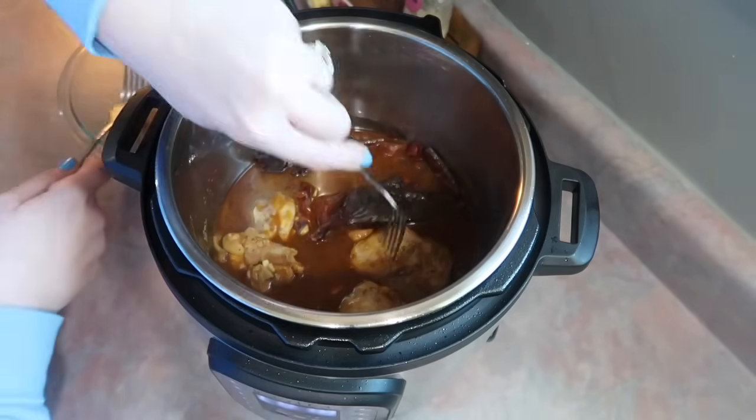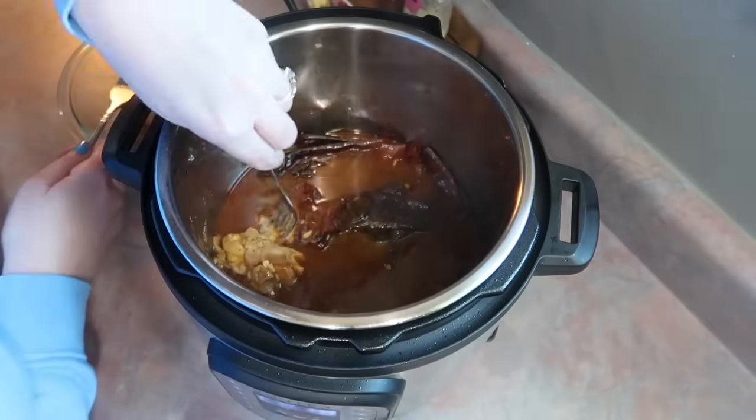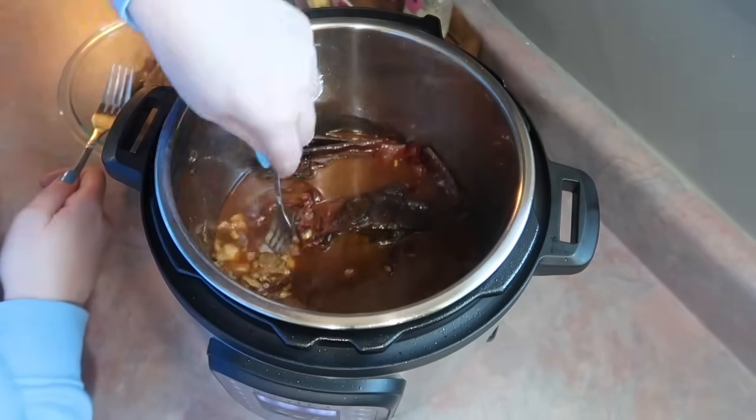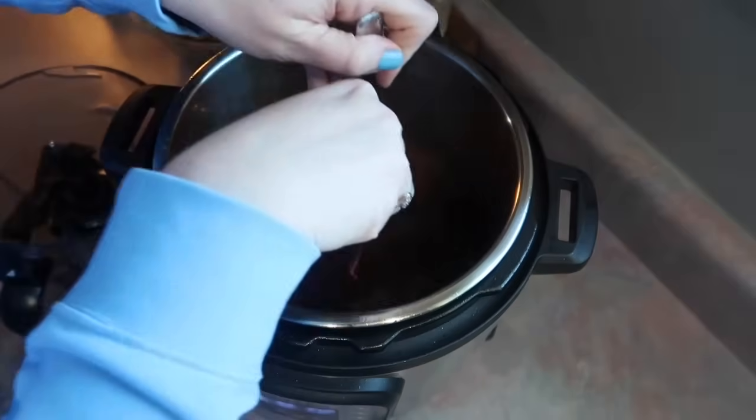This chicken, honestly, it came out so perfect. It was so tender and juicy. Couldn't ask for better cooked chicken. Not overcooked at all. And then next, I'm going to take the chilies out of that liquid, and I'm putting